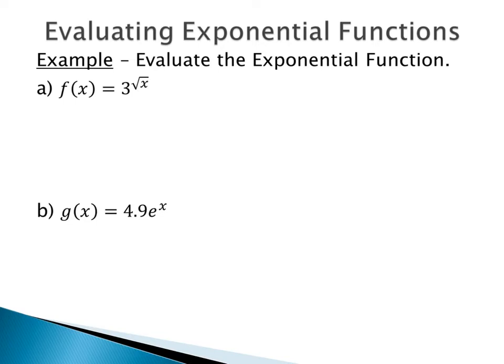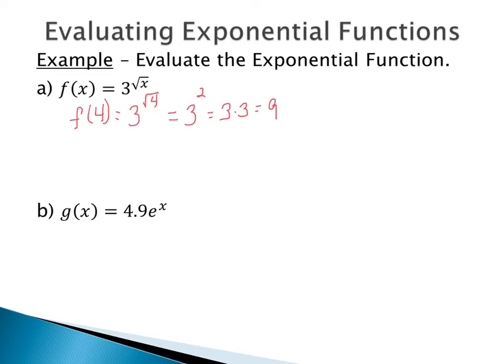So right now our first exponential function would be f of x equals 3 to the square root of x. So why don't we just start with doing f of 4. If I'm evaluating f of 4, that means I would have 3 raised to the square root of 4, just substituting x equals 4 in. If we evaluate this by hand, we'd be doing the square root of 4 first, which would be 2. So that becomes 3 to the second power. Well, 3 to the second means you're doing 3 times 3, which is going to end up being 9.